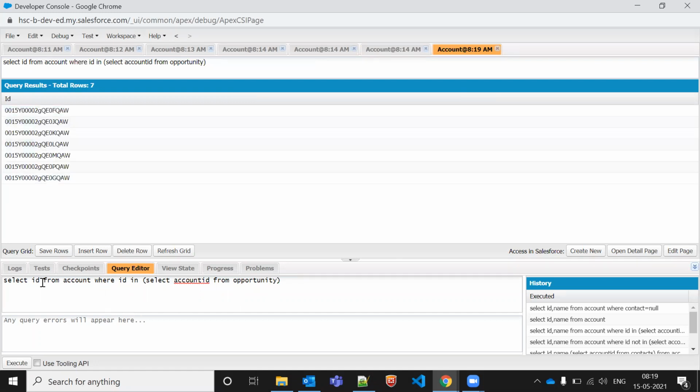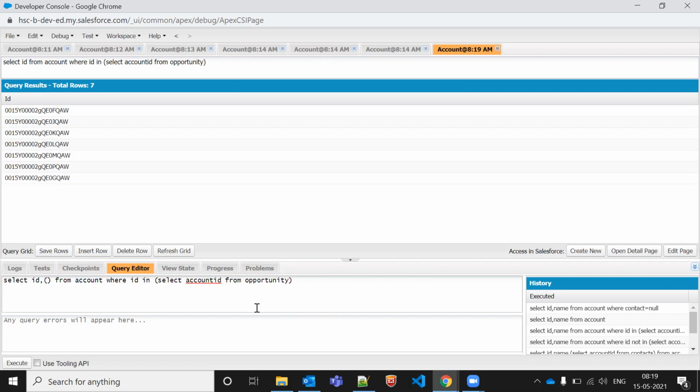If I want to see the opportunity as well, what should I write here? You need to write parent dot, a comma, then account dot, whatever field you want, from the opportunity.